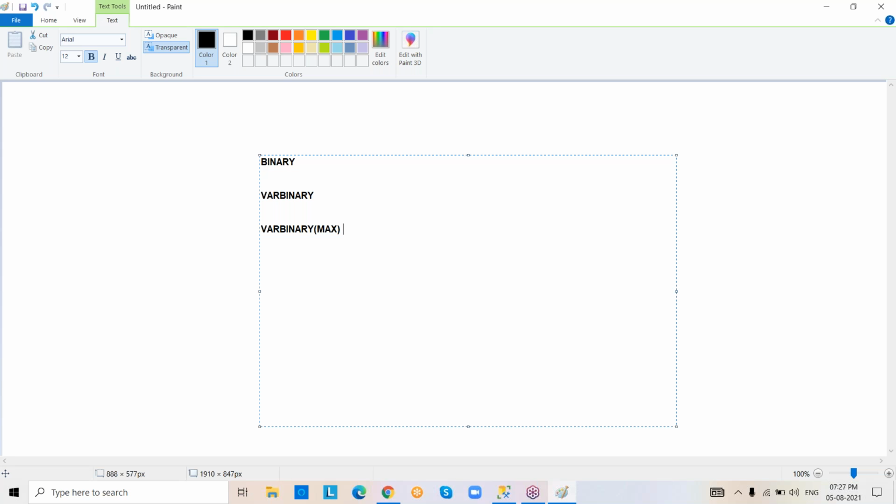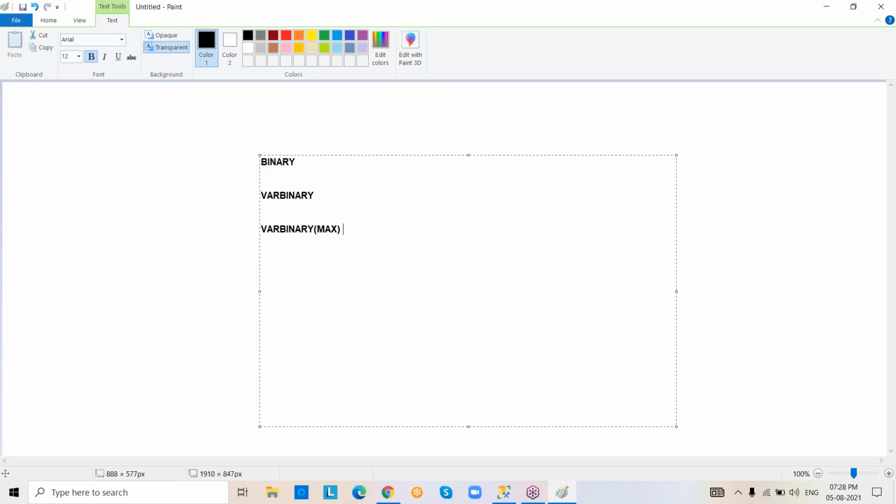It is like char and varchar of max. Binary has memory wastage. Varbinary has no memory wastage. Binary and varbinary can store up to 8,000 bytes. So if you need more space, what to do? You have to go for the varbinary max data type, like the varchar max data type.